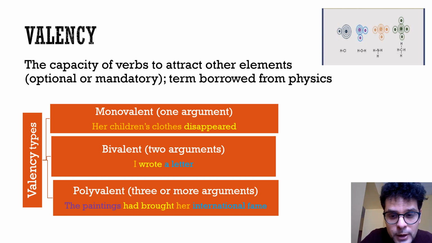However, other verbs are different. For instance, the verb to write tends to take two arguments, or at least two arguments. If I say I wrote a letter, of course it needs a subject, who is writing, but then you also need the object, what's being written. So, I wrote a letter. Of course, there are optional elements that we can add. I wrote a letter to my sister, for instance. But it would be kind of strange to simply say I wrote or I'm writing.